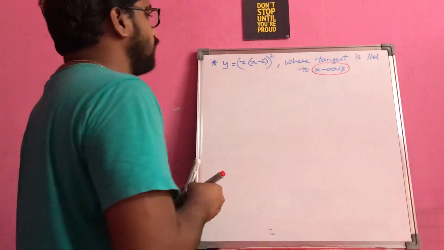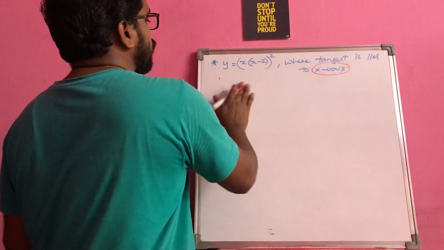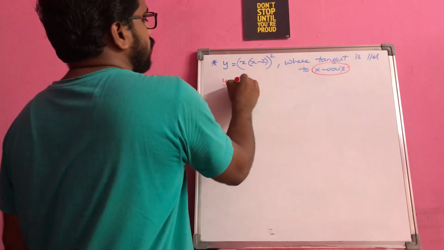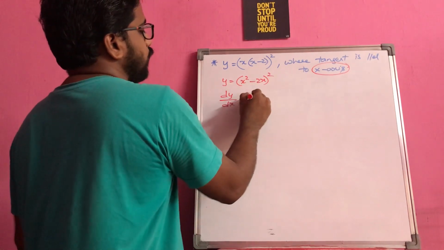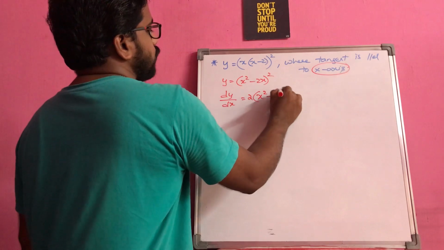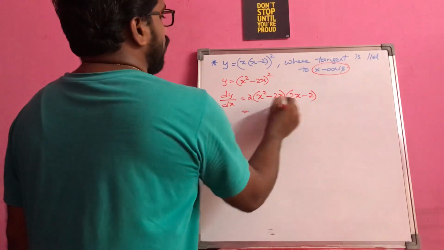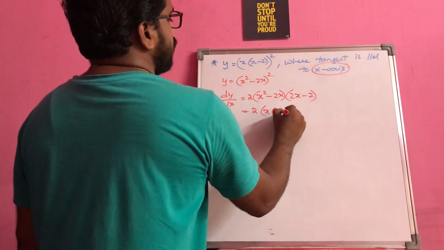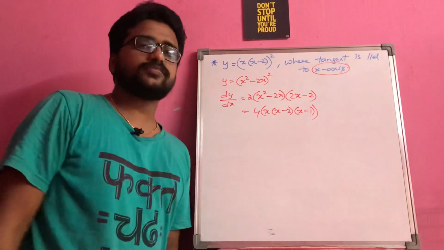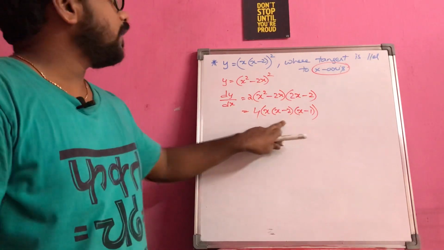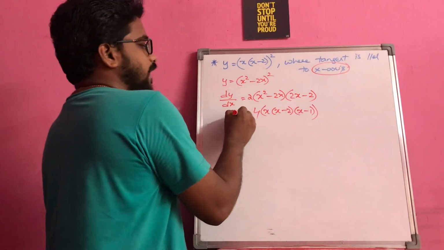So I am going to find the differentiation for this. dy by dx is equal to... before going to find, I would just like to simplify this further as x square minus 2x whole square, and now I will apply the differentiation. This is somehow easy. So 2 into x square minus 2x into x square derivative 2x, derivative is 2. You can take the 2 as common here. You will be getting x into x minus 2 into x minus 1 into 2 into 2 will become 4 here. Okay. So you are getting dy by dx as 4 into x into x minus 2 into x minus 1. This is the slope of the tangent that you are getting.